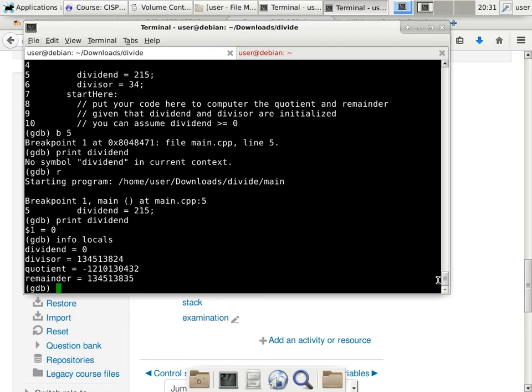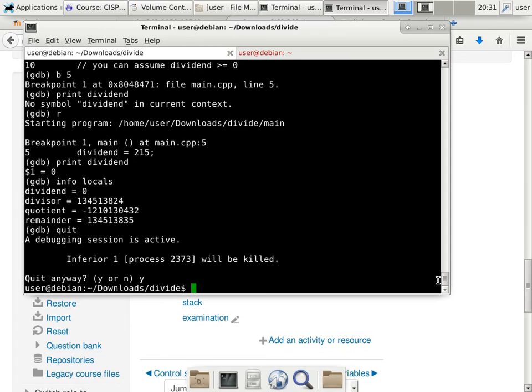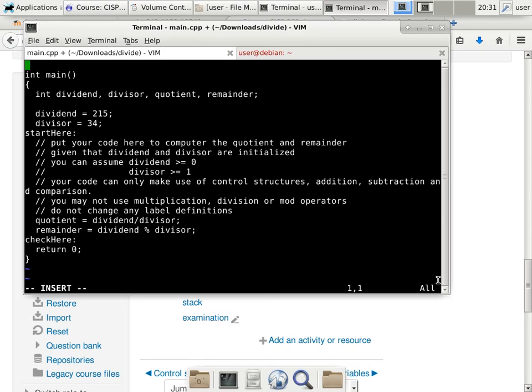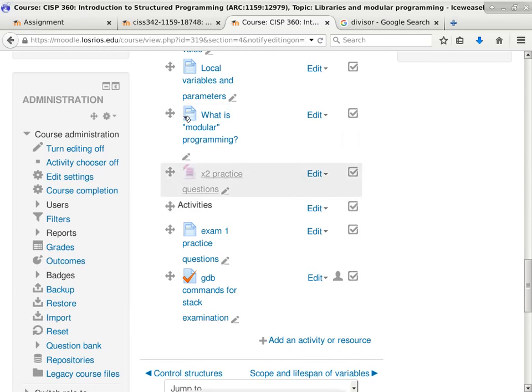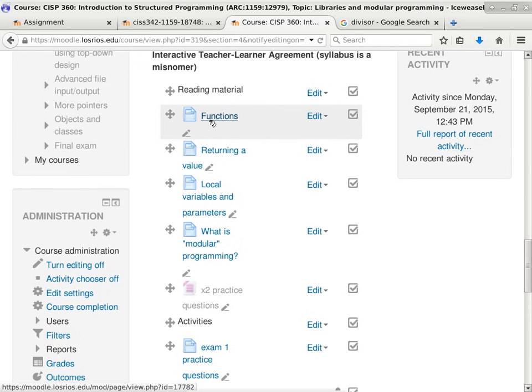No questions? Okay. If there are no questions about this one, we'll make another program that is more interesting. I'm just going to use the same program, which is main.cpp. This time I'll introduce the concept of a subroutine. Remember, this is where you need to read, because we have to read about functions, subroutines, how to return a value, local variables and parameters,